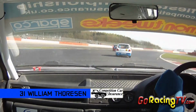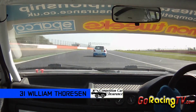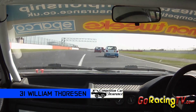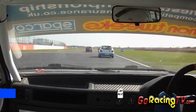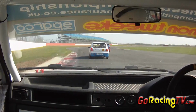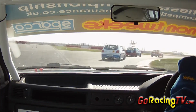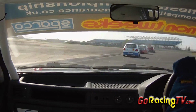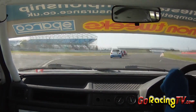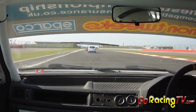track time pretty much guaranteed as we go back on board with the young Norwegian driver William Torresen. He's definitely closed in on Claire Kemp, but what we're looking at now is the battle between Michelle Edwards and Keith Chapman in red. Chapman still holding sway in 4th position in class, and those 3 have really been tied together. Torresen just goes a little bit wide there, rattles the curves. That's going to lose him a bit of momentum as he comes down the straight. And under the bridge,